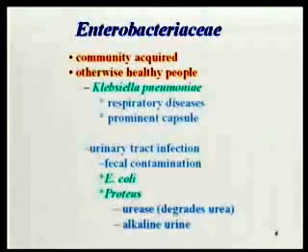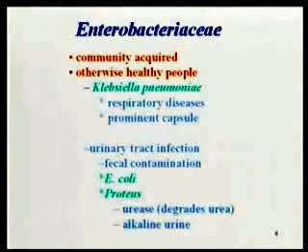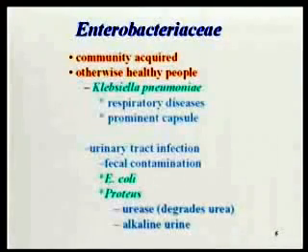As regards community-acquired infection or otherwise healthy people, a few things stand out. For example, Klebsiella pneumoniae is commonly associated with respiratory diseases. It has a particularly prominent capsule, and that's a common theme that we've discussed in the bacterial pathogenesis lecture. If you've got a particularly prominent capsule, it can often be involved in pathogenesis,